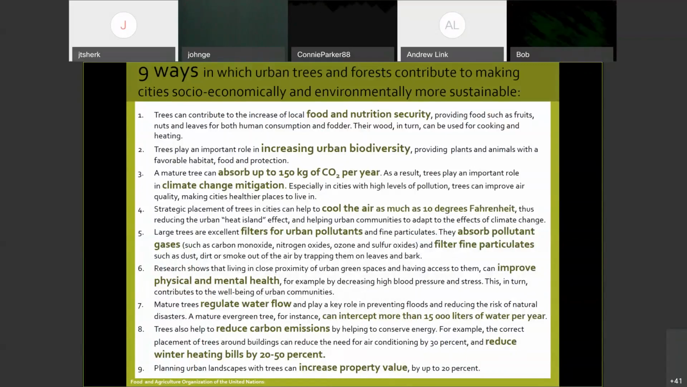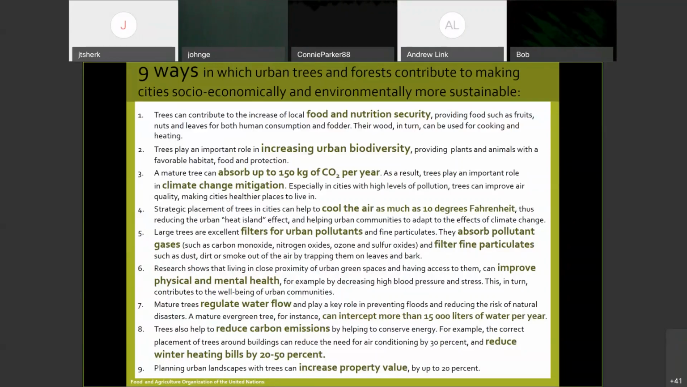So here's some further strategies for why we should plant trees, which you can use to advocate. Let's go over these nine, and I'm going to keep diving down into some of these strategies throughout the talk. Here are nine ways in which urban trees and forests can contribute to making cities socioeconomically and environmentally more sustainable. Well, they do contribute to food and nutrition security, and they increase urban